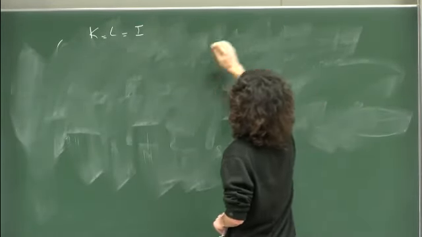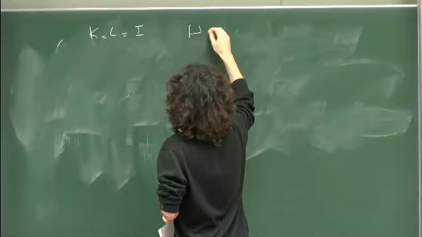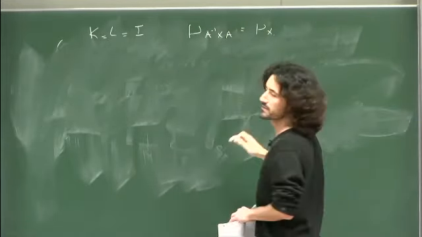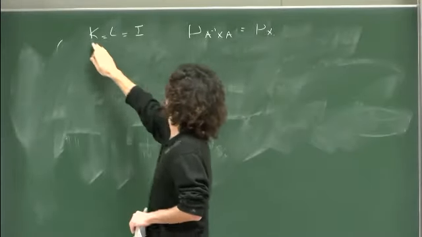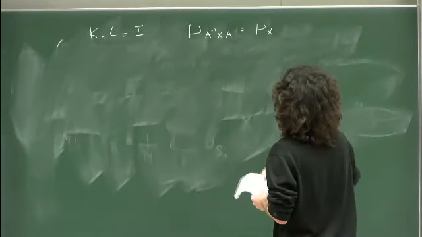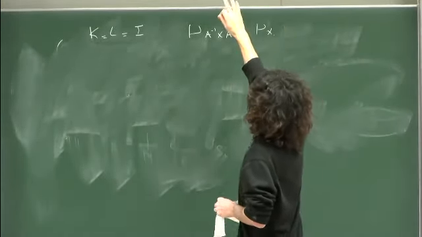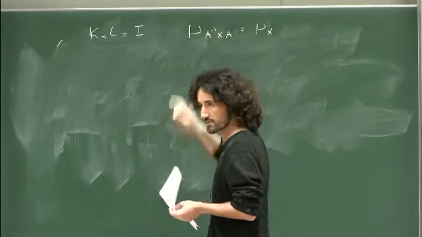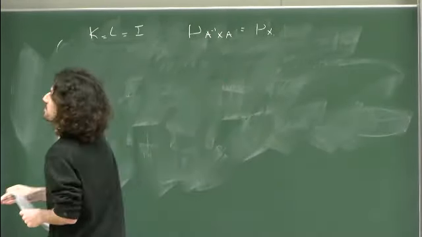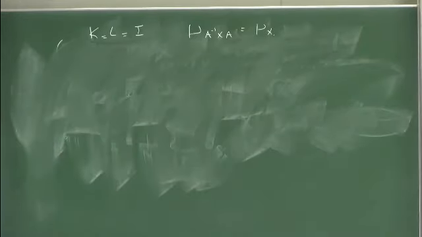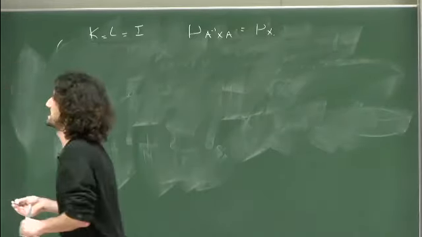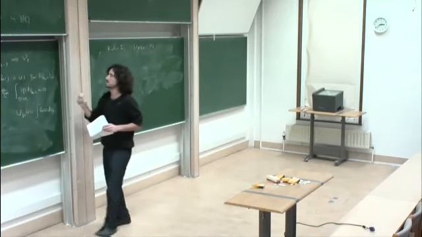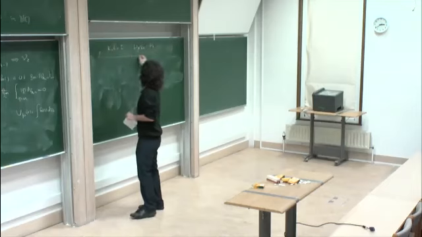Otherwise, you have to use stupid inequalities, like noticing that the spectrum of this is the same as the spectrum of that. So let's assume that k equals L equals identity. What we really care about is to understand the measure of the singular values of m plus x over square root of n. So if we want to apply the Girko trick, the first point, as I said, is something in the usual classical non-Hermitian matrices. This is well known.